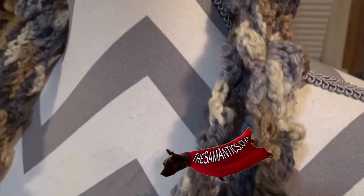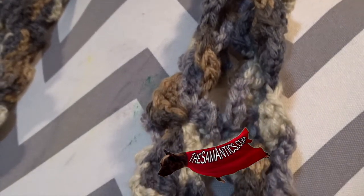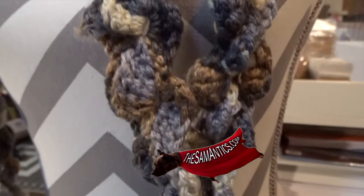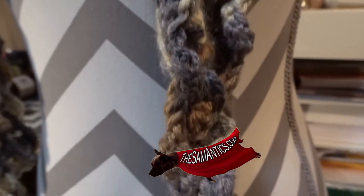This was actually the second scarf I ever made. So I made this quite a while ago when I first learned to crochet. But it's all shells. And you can see that the color changes are very quick, but it still works out pretty well,